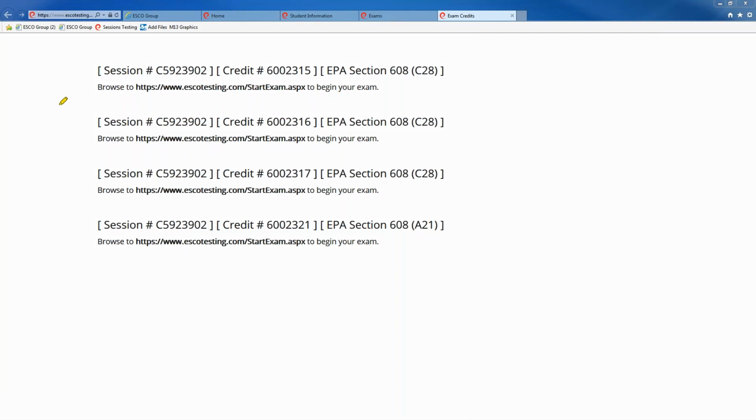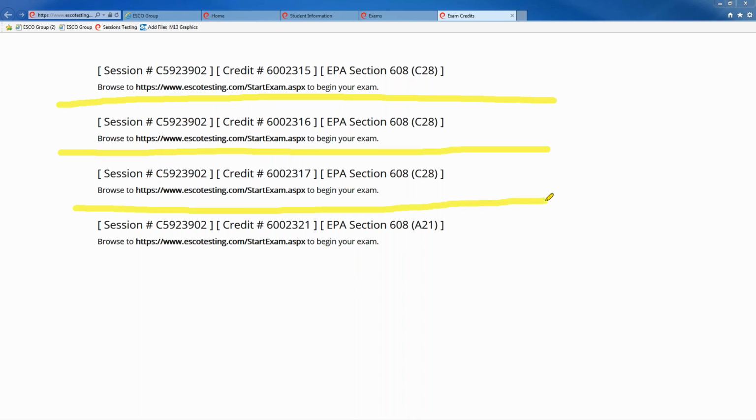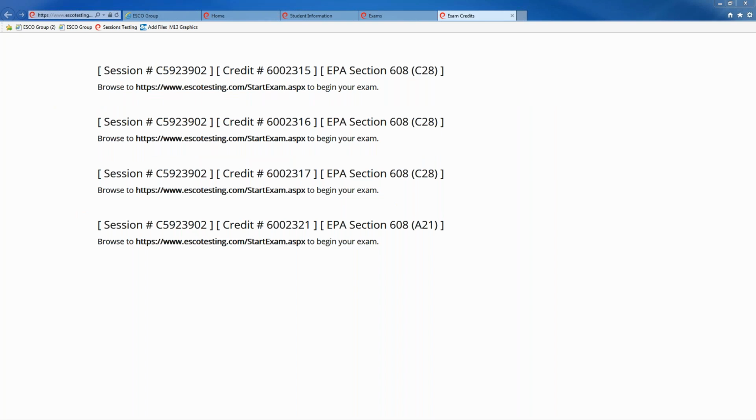You can print this page, and once you print it, you want to cut this into strips. I'm indicating that you want to cut these horizontally so that there's a session number and a credit number that you can give to each of your exam participants or students.